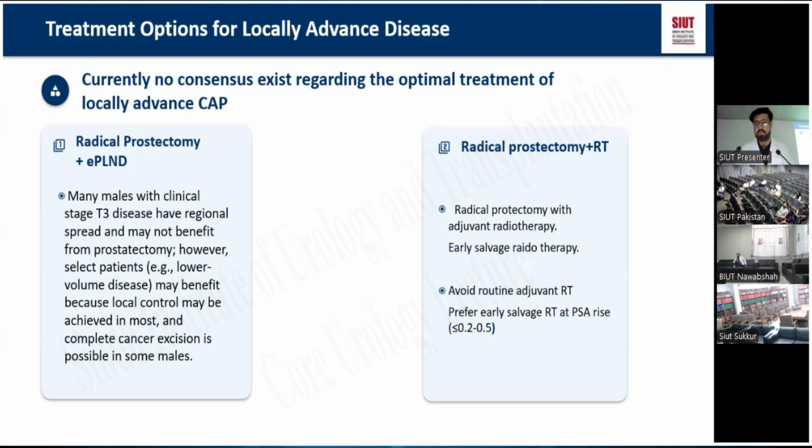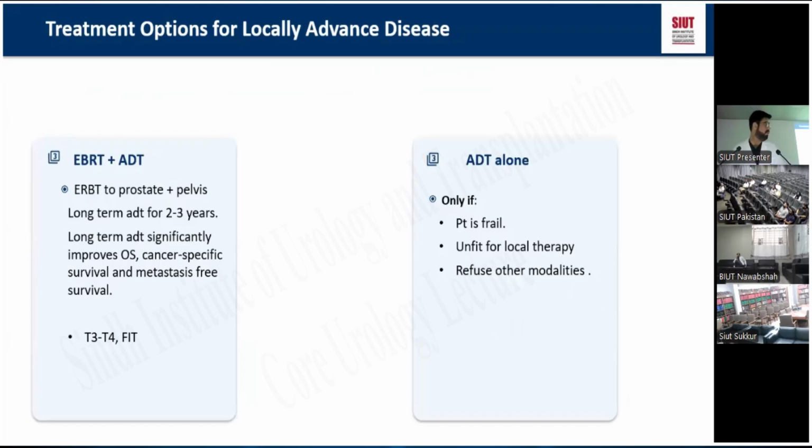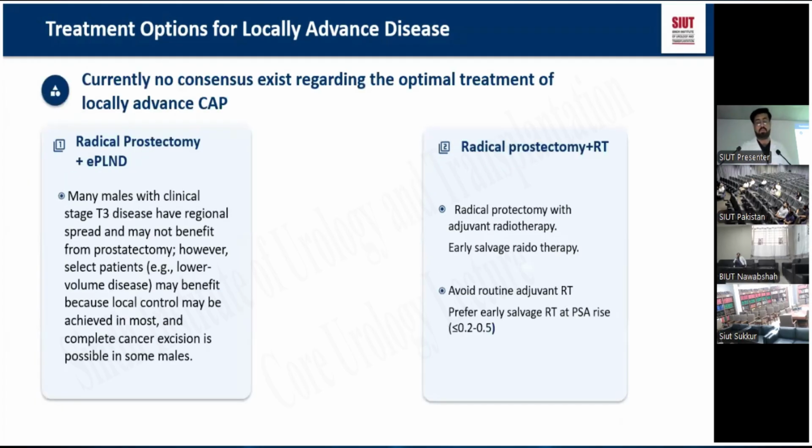Radical prostatectomy plus radiotherapy. Radical prostatectomy with adjuvant radiotherapy and early salvage radiotherapy is preferred over adjuvant radiotherapy. So what's the difference between adjuvant radiotherapy or salvage radiotherapy? Adjuvant radiotherapy you give post-operatively, no matter what. And in salvage radiotherapy, you wait till the biochemical recurrence is evident. So when there is rising PSA after radical prostatectomy, you start